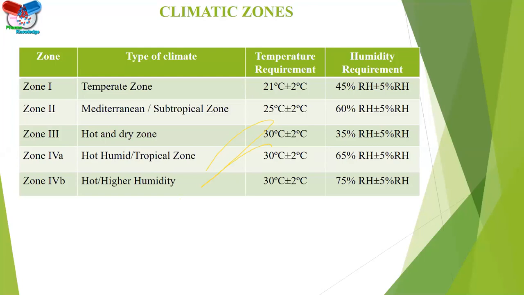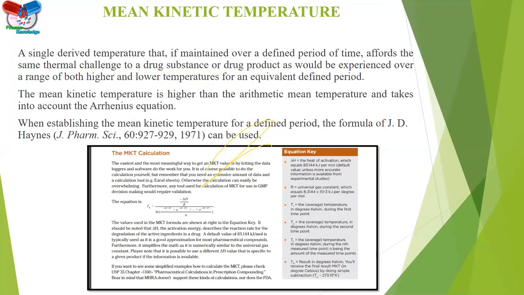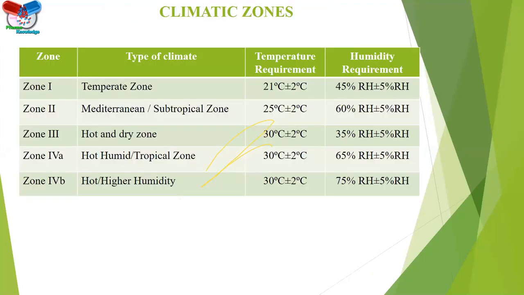From where do we get this zone? Hello. I just wanted to highlight the third row where you have written 30, 35. I believe that that is a semi-permeable condition and not a real-time condition. Okay, we will explain after the completion of the PPT. We'll answer all your questions. Kindly type your questions in the chat box. Thank you, sir. Thank you so much.